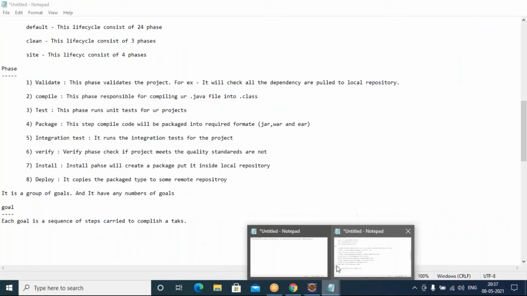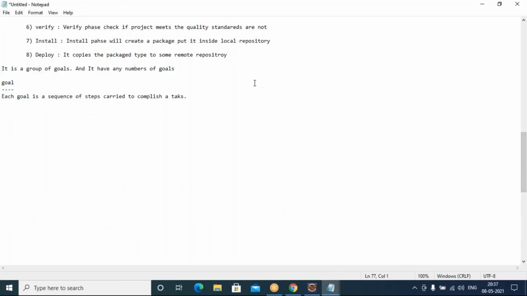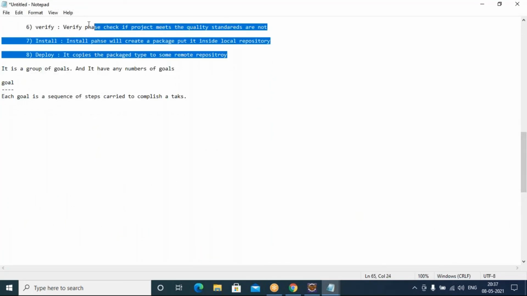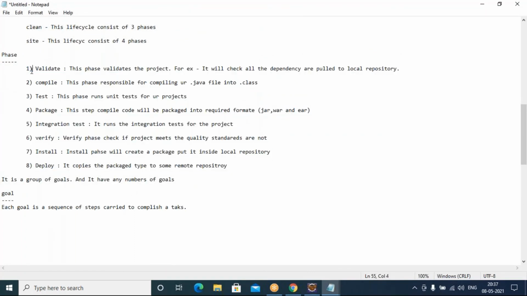Before that, we need to talk about one important thing here. Assume that I have written these goals in sequential order, 1, 2, 3, whatever order I have written, in the same manner it is going to execute.